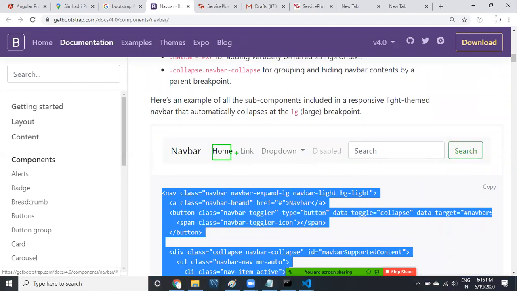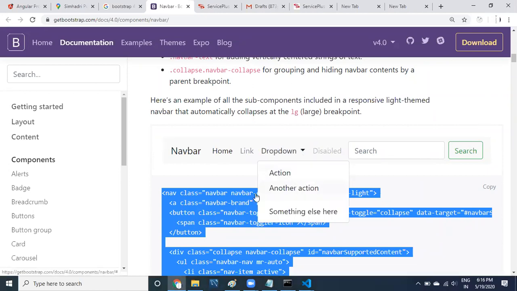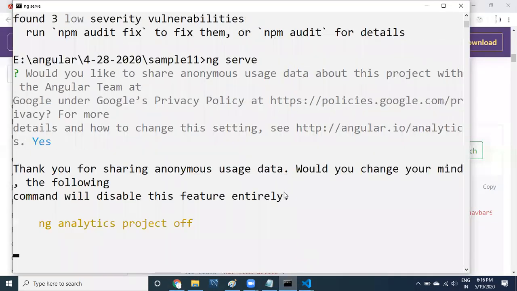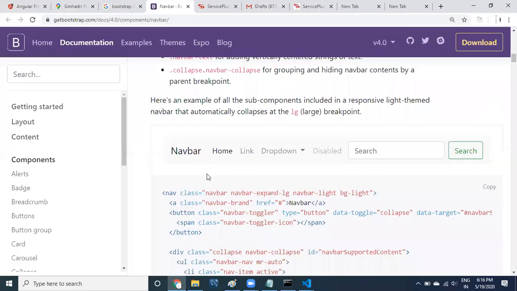Now this is one component and this is one link and there are multiple links. Of course, if you don't want a dropdown, you can provide something simple also. No problem, but our goal is just to use the navigation bar. If we use the navigation bar, what you need to do, these act as links. Then if you click on this one, a router link. So what should happen? This is going to be something like router link. So this link contains a router link.